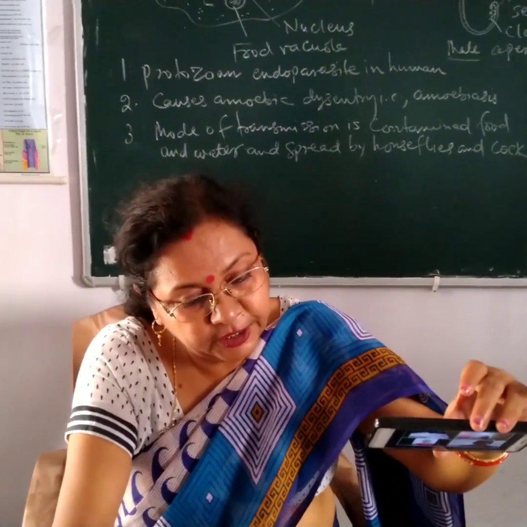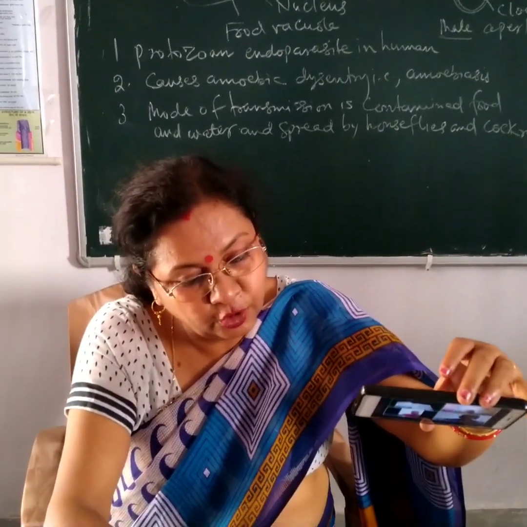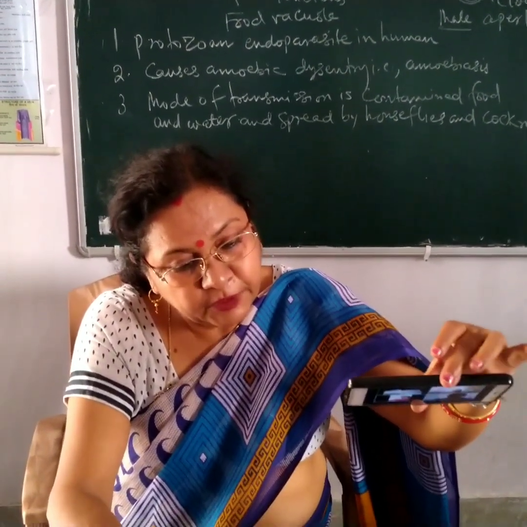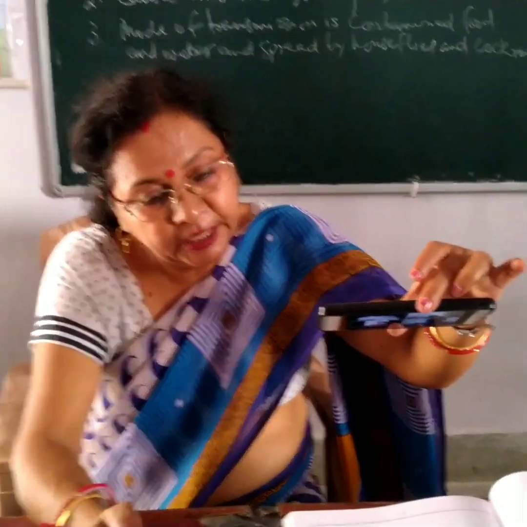This is the diagrammatic representation of the life cycle of Plasmodium vivax in the liver. Here is the structure of the sporozoite in its different parts. It belongs to the phylum Protozoa, class Sporozoa, and type Plasmodium vivax.